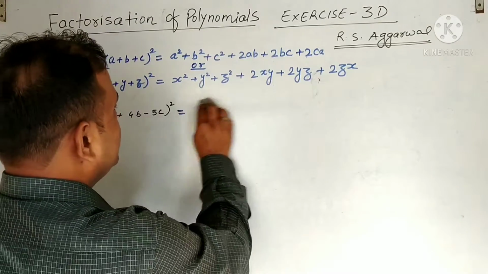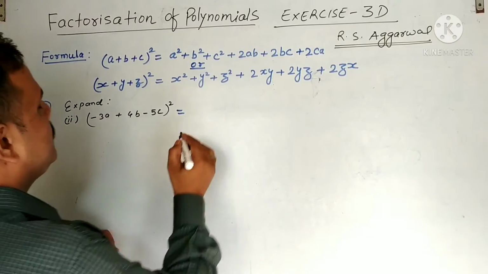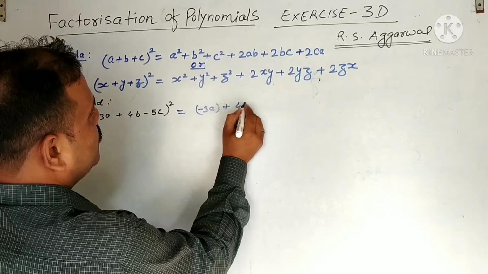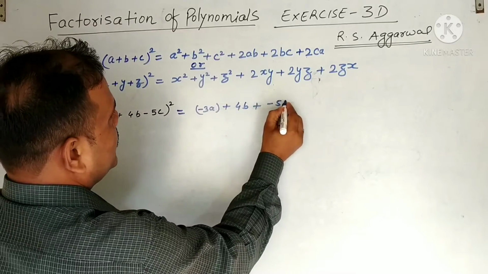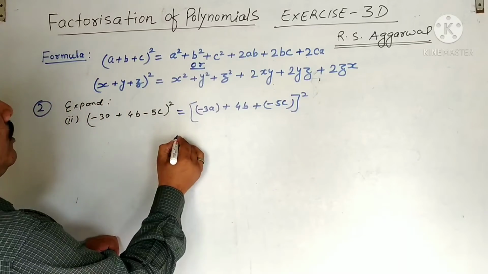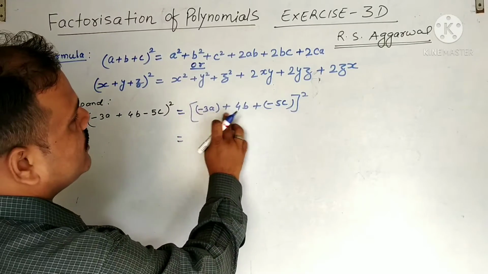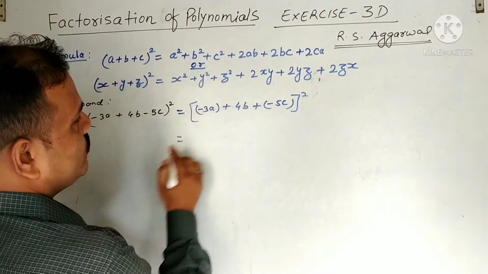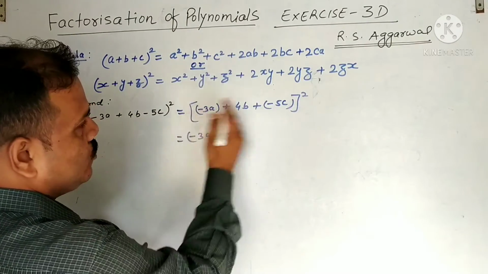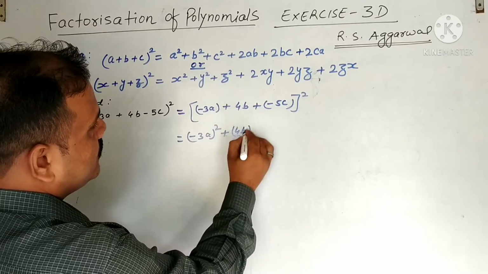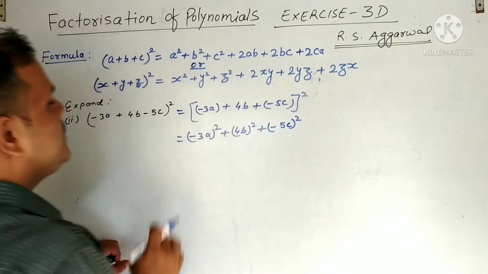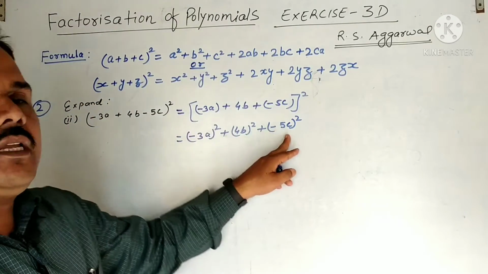Okay children, if you have the confusion, then what you do, just arrange this one first in plus term. Suppose that I am having problem, so what I can do, minus 3a I can write first plus 4b plus minus 5c, as I mentioned in previous question. Now see, all are in plus. Now minus 3a square means whole square, 4b whole square, plus minus 5c whole square, means x square plus y square plus z square.